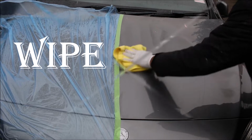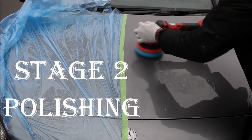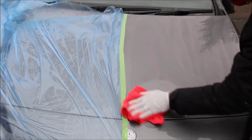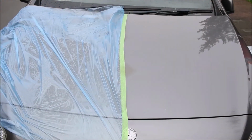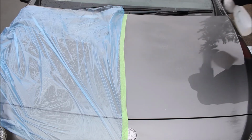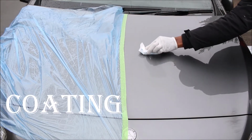So after the compounding, I check the surface and go on to the second stage of polishing. Here I take my time to finish the paintwork, and as I remove the residue of the second stage polishing, you can see how clear the surface is, now ready to receive the protection. But finally, a wipe with spirit to make sure that I have the perfect bonding with the